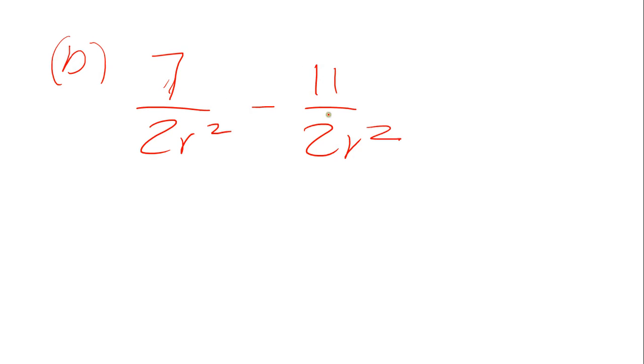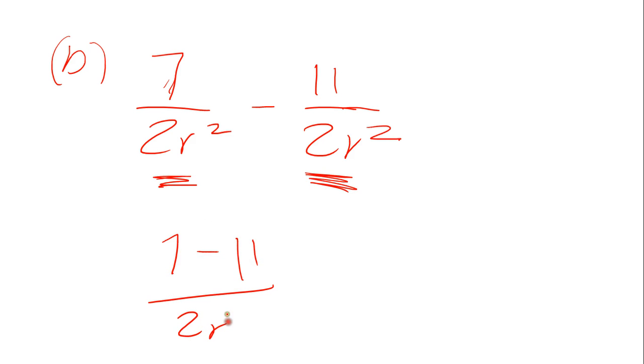Same lines. We got 7 over 2r squared minus 11 over 2r squared. Alright, same thing. We can combine these. Doesn't matter what the denominator is, as long as they're the same, we can always do the same thing, which is just combine them. So we just have 7 minus 11 over 2r squared, which is just going to give us minus 4 over 2r squared,